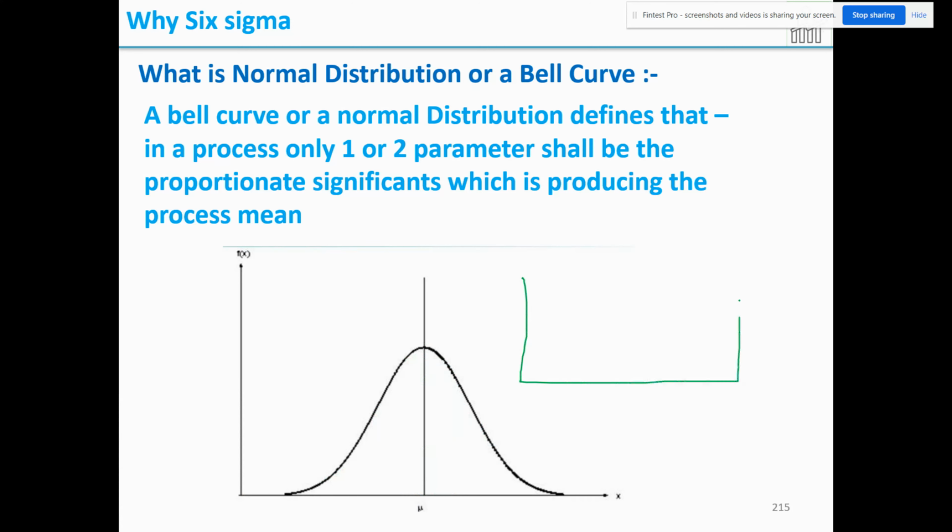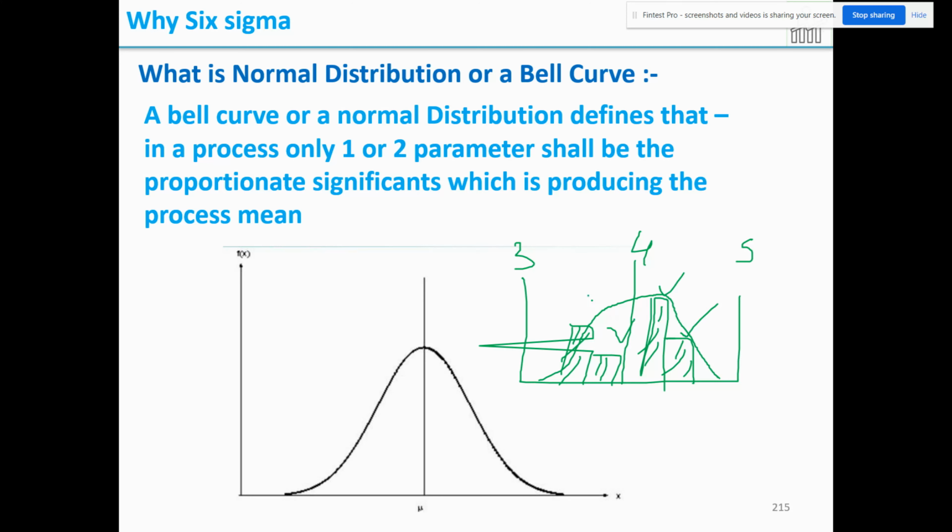Suppose your data is like this. This is 4, 5 and 3. Your data is something like this. Here some data is there, here some data is there, here some data is there. Then when you connect from LHS to RHS, it will not form a bell curve, because many parameters are producing this, many parameters producing this, other parameters producing this. That means sometimes some parameters are dominating to produce this data and this data and this data. So there is an overall spread.